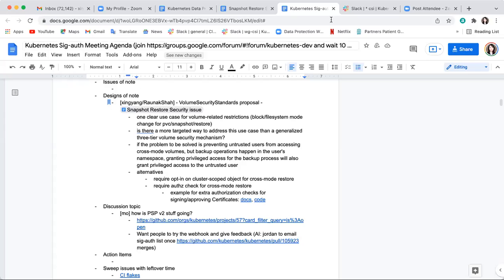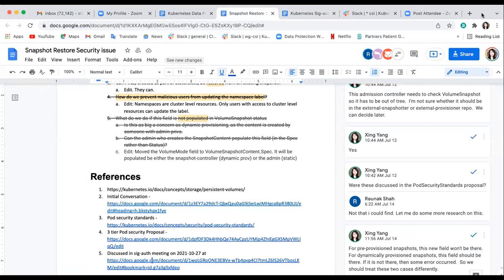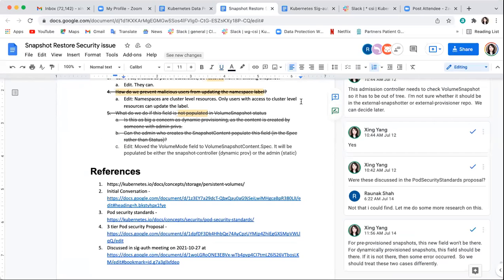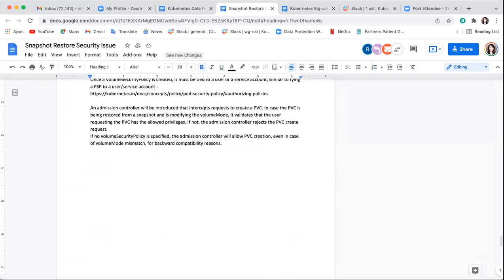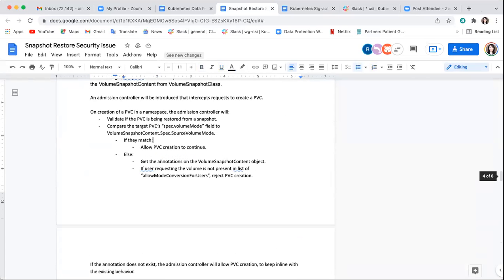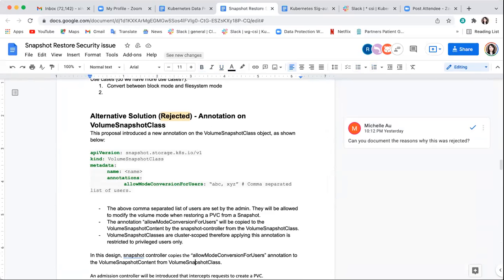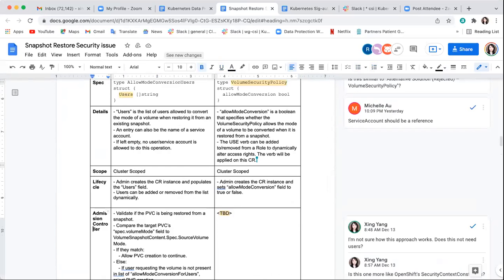So maybe we should back up and look at the previous proposal. And what would the check do with the snapshot content? Okay, let's look at this. Where is that? This one, I think, right? Ronak, you want to go over this one? This is the last time. The annotation will not work, we know that. Okay, that's fine. Ronak has this one, right?